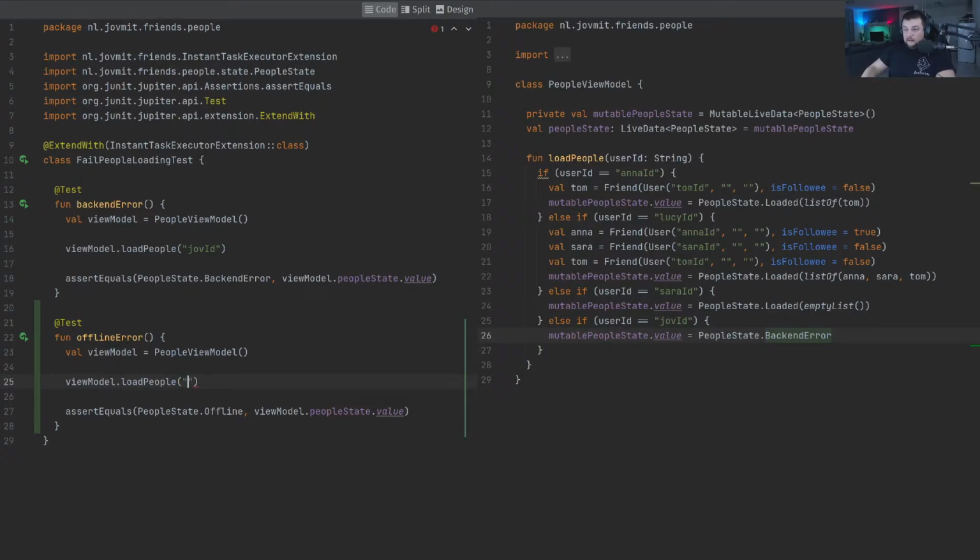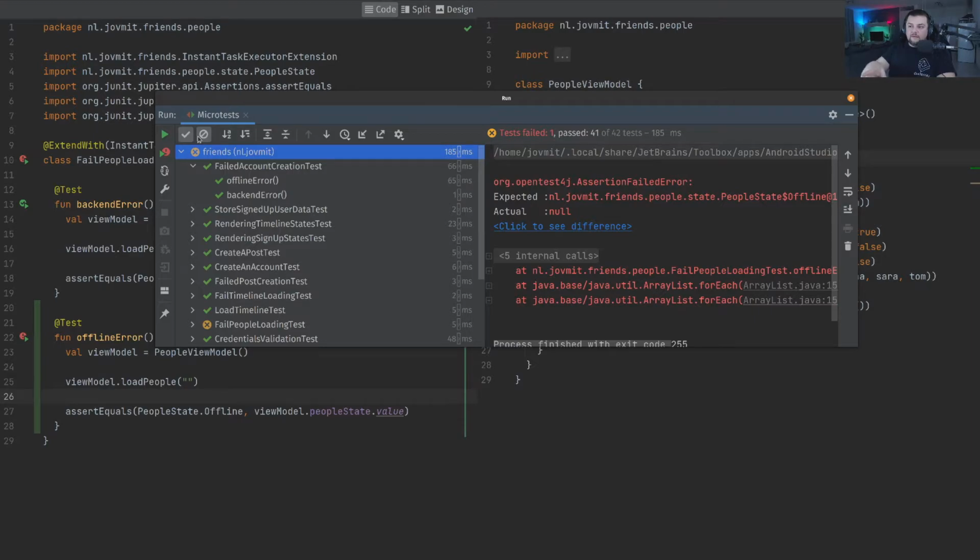I think the easiest thing is to just have an empty string, because I don't want to make this user ID input argument nullable. That's already taken care of with the type system of Kotlin and everything. I don't want to deal with that. So I'll say if it's empty, then it's fine. Of course, probably I'll come up with a test double later on that I'll have to use instead, when I'll be making the intention of these tests cleaner,